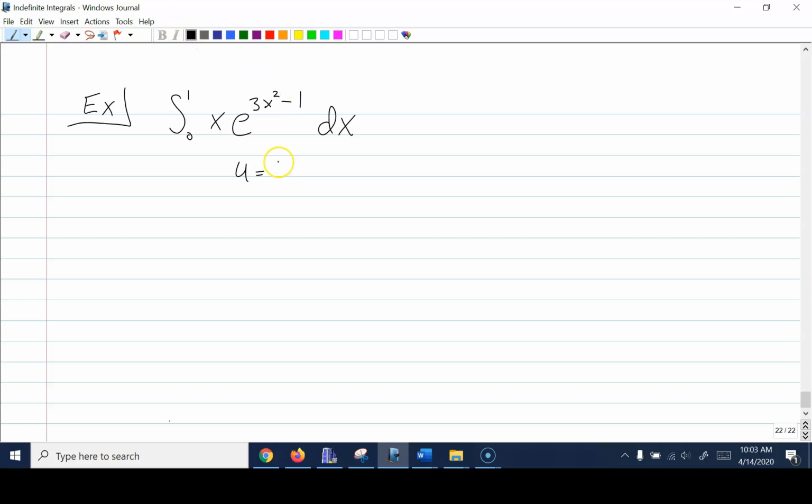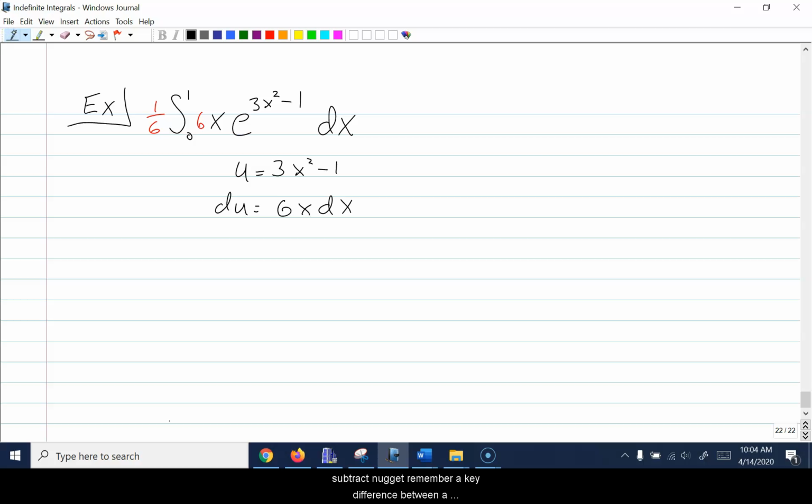We're going to make u equal 3x squared minus 1, and now du is 6x dx. And if I do the shove something in trick where I wish there was a 6 here, and to fix that I'll put a 1/6 outside, I'm ready to do the substitution pretty smoothly. The trouble is, this isn't an indefinite integral, this is a definite integral, meaning it has the little numbers out here, where after I do the integral, my plan is to plug in the 0 and plug in the 1